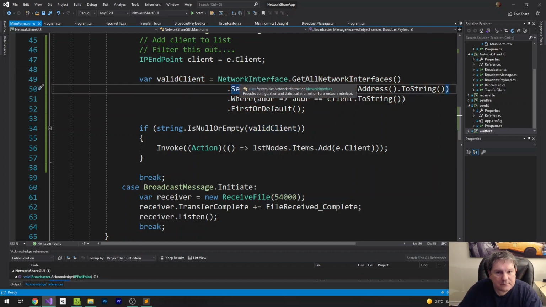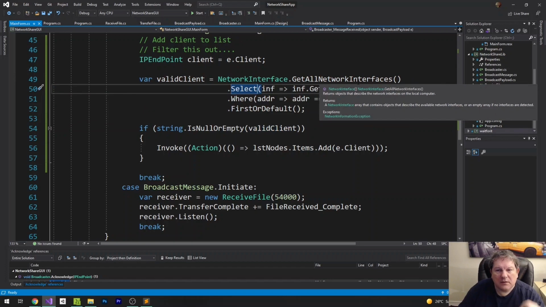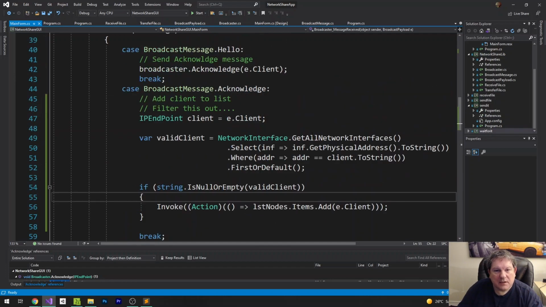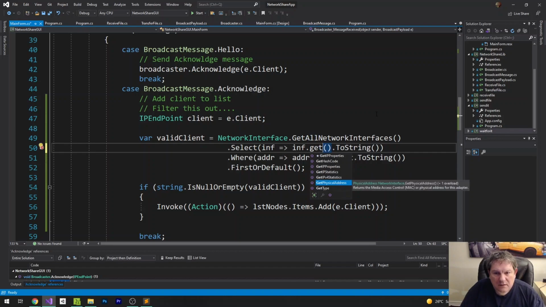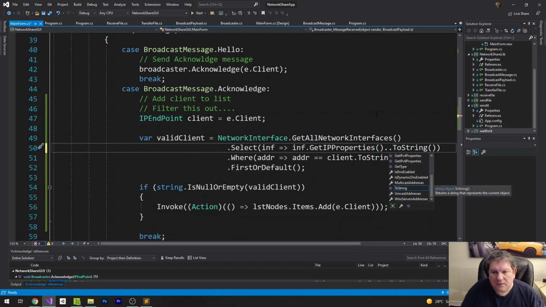So I'm going to get all the network interfaces for the current card. I'm then going to check the IP address against the endpoint that we've just received data in from. And I want to check it against the physical address. It's not the physical address, is it? Get IP properties dot